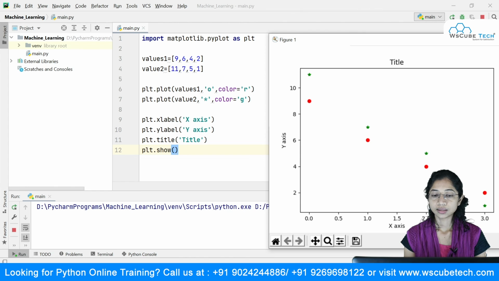Then we saw how to give the x label, y label, and the title, and that show is used to display your graph.